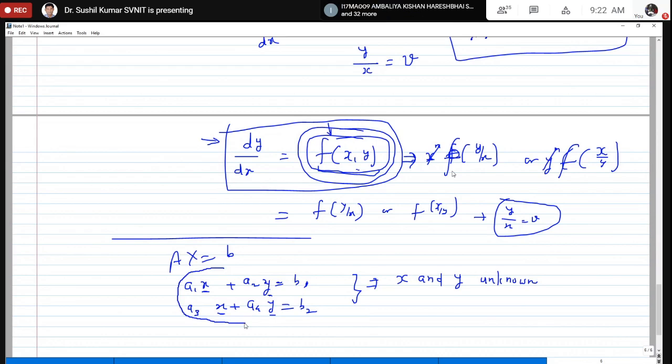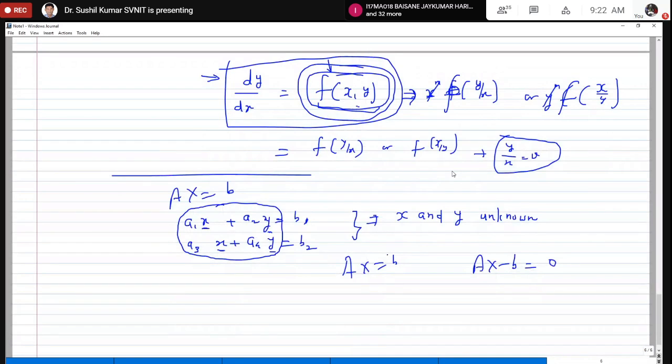So these terms contain the unknowns, while this term B1 or B2 is free from unknown. There is no unknown in this part. You can write this equation in Ax equal to B form or Ax minus B equal to 0 form. There is no problem. Whether the equation is homogeneous or non-homogeneous will remain the same, whether you write it in this form or in this form. Some students simply give the answer that if the right hand side is 0, it is homogeneous, otherwise non-homogeneous. That is the wrong answer.